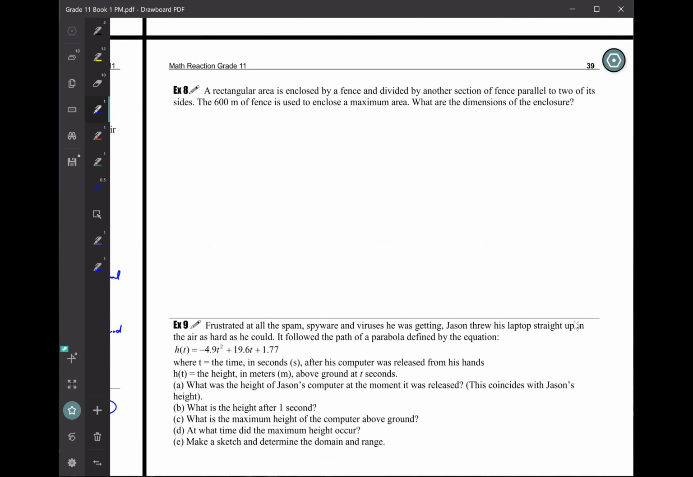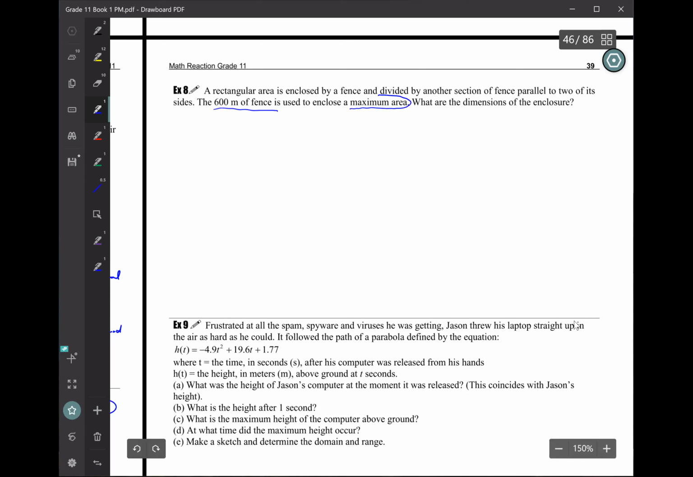This is talking about area, right? So over here it tells you that a rectangular area is enclosed by a fence. So you want to surround an area, maybe like a garden, could be a parking lot, could be many things. And also in the area, you want to divide it by another section of fence parallel to two of its sides, okay? And you have a total of 600 meters of fence